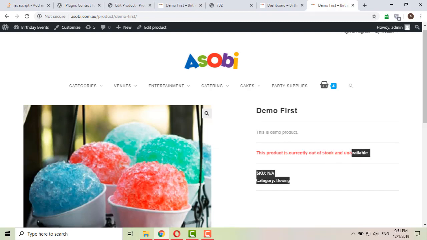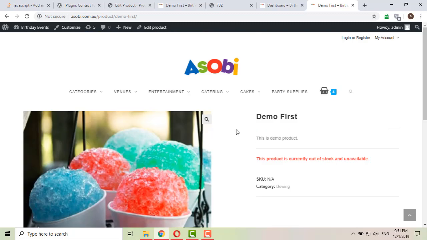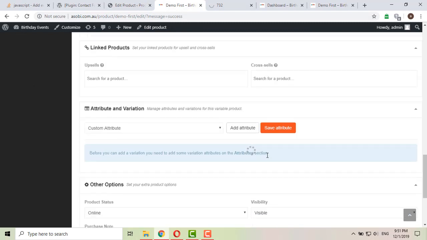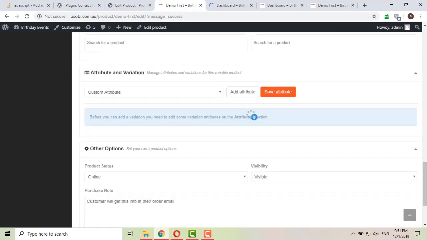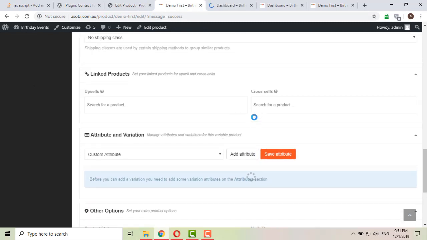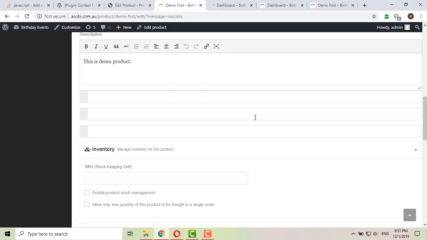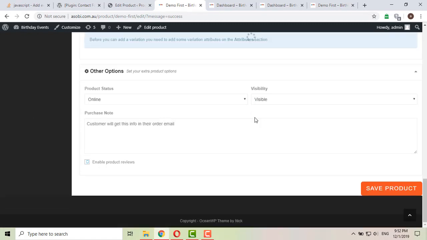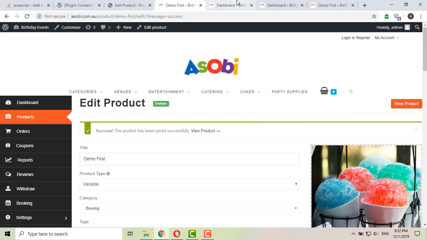Yes, this is showing because we have set its type to variable, but haven't added any variation yet, so that is why it is saying yes. I will also tell you about the variations. I don't know why, but it is still working. This page is a little busy at this moment.